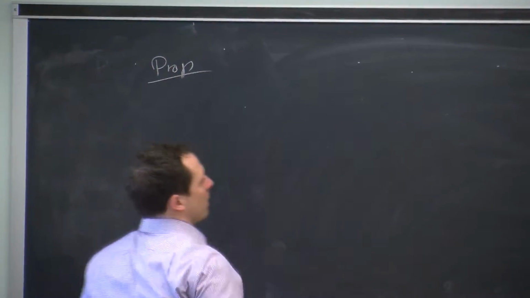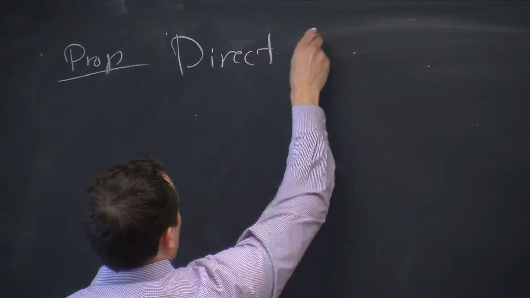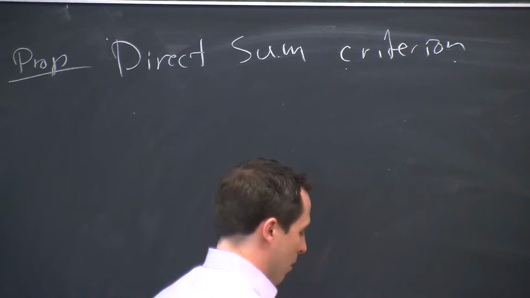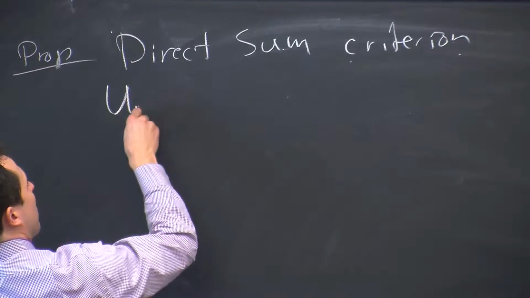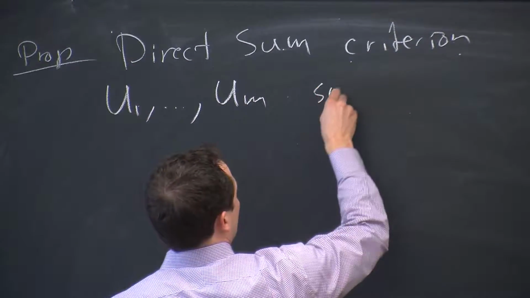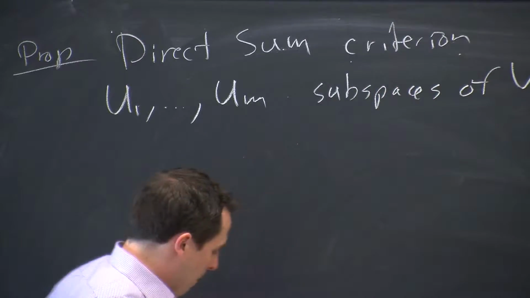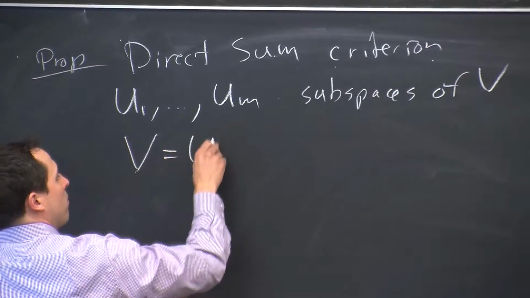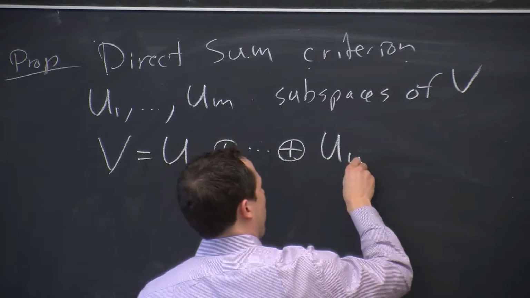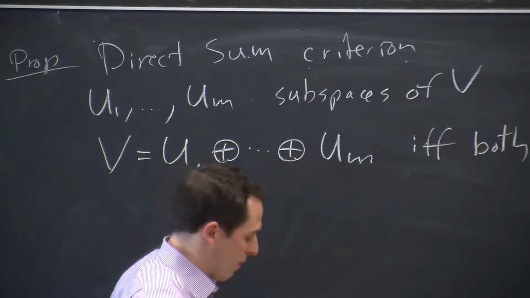A proposition we had last week was the direct sum criterion. It said that if we had subspaces U1 up to Um of a vector space V, then V was the direct sum of these subspaces if and only if, so IFF stands for if and only if,